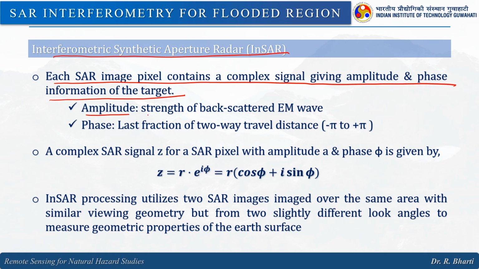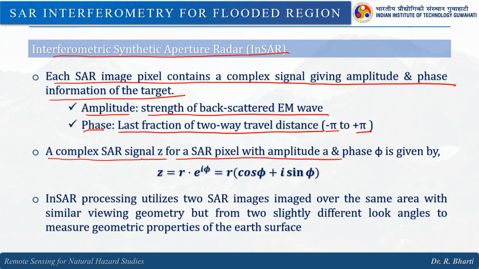The amplitude says the strength of the backscattered electromagnetic wave, and the phase is basically the last fraction of the two-way travel distance, right, from minus pi to plus pi. A complex SAR signal Z for a SAR pixel with amplitude A and phase is given